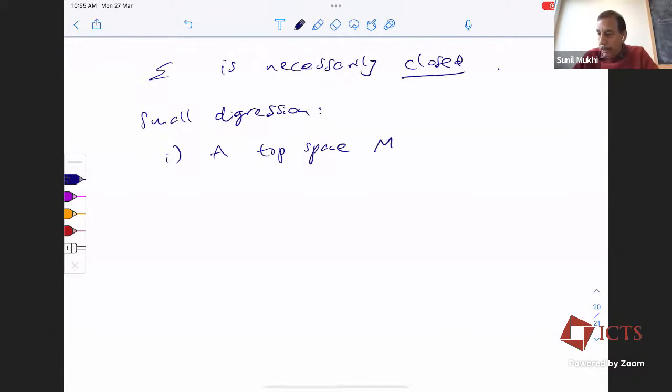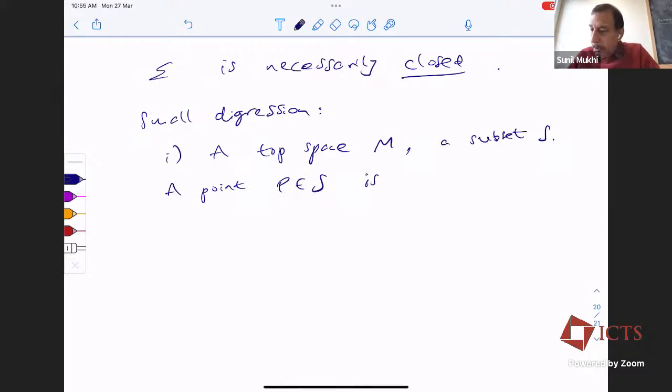But here you should realize that it's more general. Take a topological space M and a subset S, any subset whatsoever. A point P in M is a limit point of S